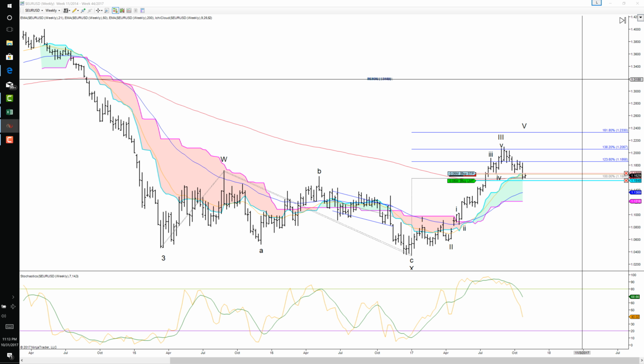So that's just Elliott. You never get married to one particular count. You're always thinking on your toes and thinking of alternates. You don't want to have too many alternates, but you do want to look at the other side and see, could it be something else? And that is possible. It could be. But until it actually shows more signs of that,